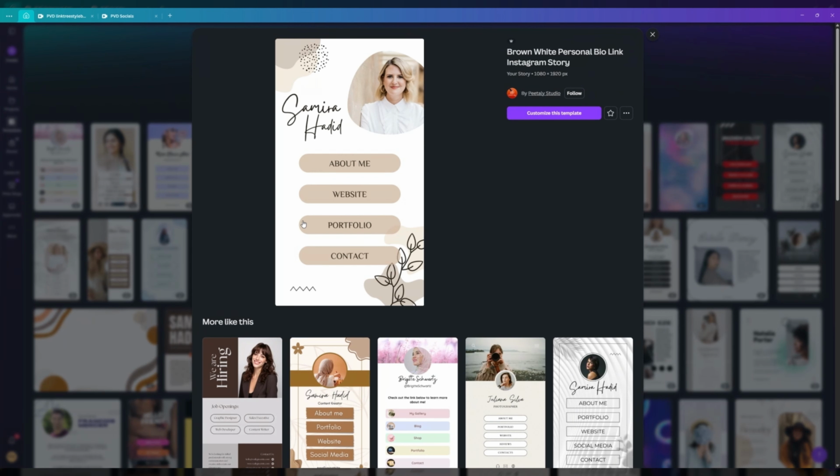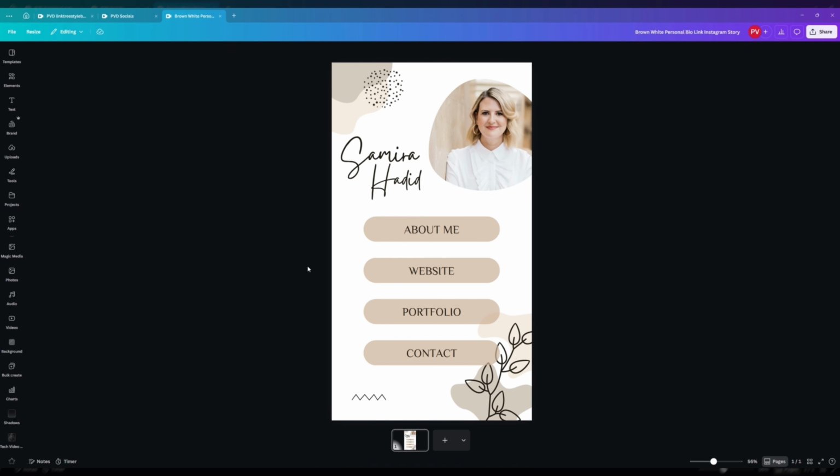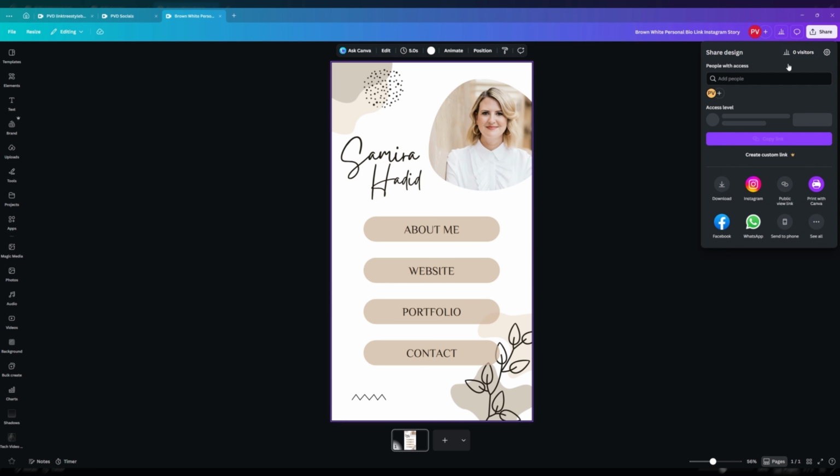If you click on one, and of course this is one that just says bio link Instagram story, right? This size here, the 1080 by 1920, is automatically defaulting because it's acting as if it's an Instagram story. So it's acting as if it's a video, and I'm going to show you what I'm talking about. If you press customize theme, this is the problem that I kept running into. When you click it, it shows animate and it actually shows a timer, meaning that it's like a video. If you try to turn this into a website, which I'm just going to use so I can show you,